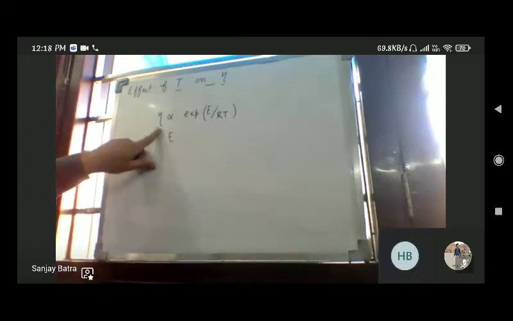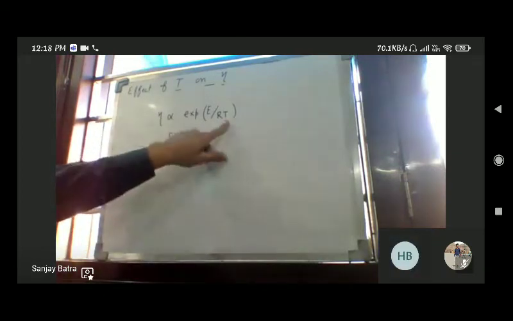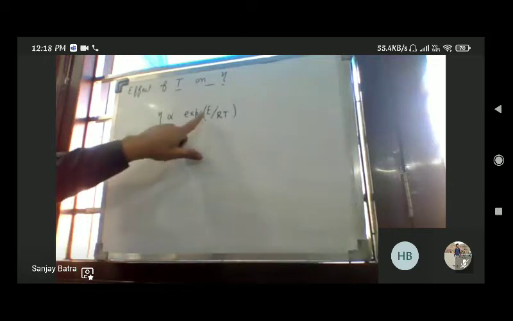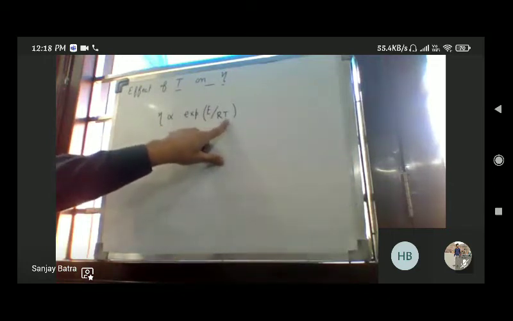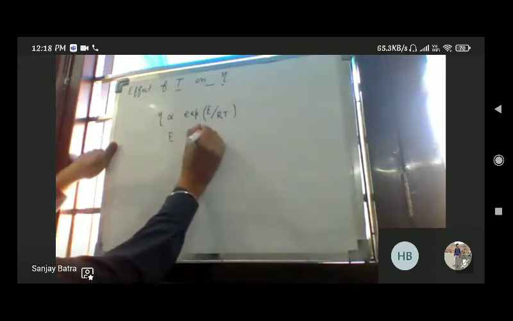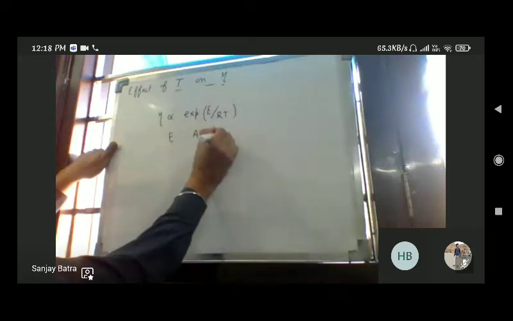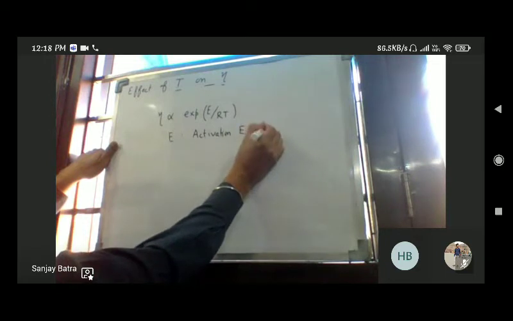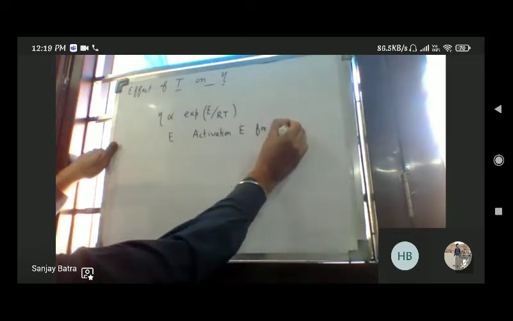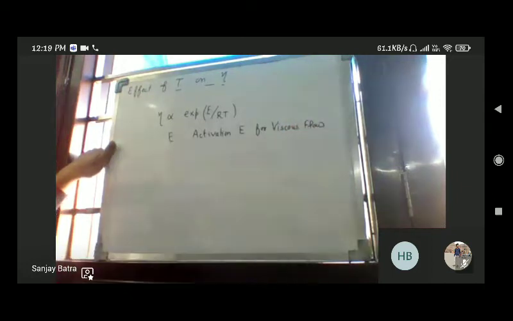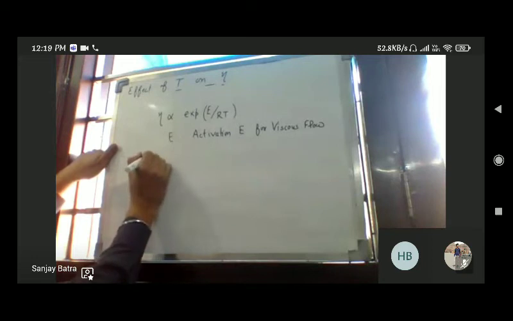This is the equation given for the effect of temperature on viscosity, like the Arrhenius equation. Here it is observed that viscosity depends upon e to the power E by RT, where T is temperature and E is known as activation energy. ये पढ़ा हुआ है आप लोगों ने Arrhenius equation में. This is the activation energy for viscous flow of a liquid. Or I can also write it as